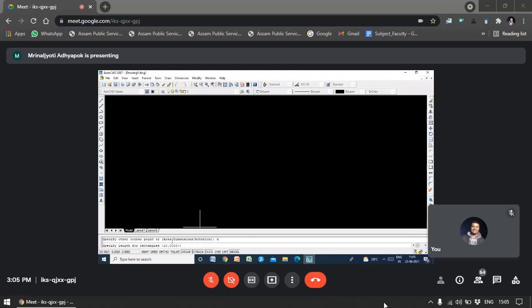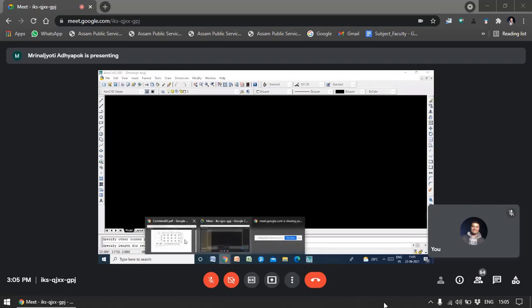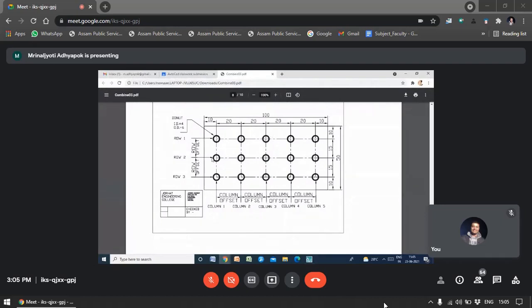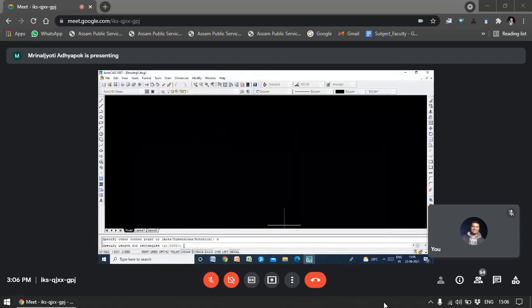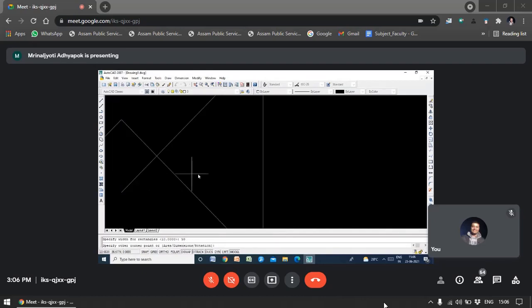Okay, specify the length of the rectangle. So how much is the length of the rectangle? 100. Simply write 100. Okay. Then the width is how much? 50. Enter.